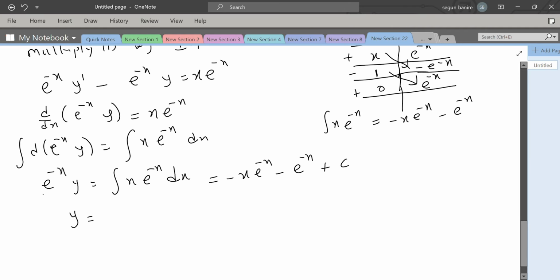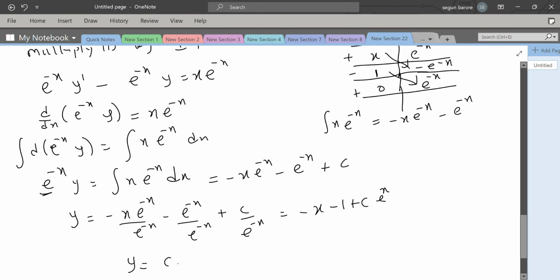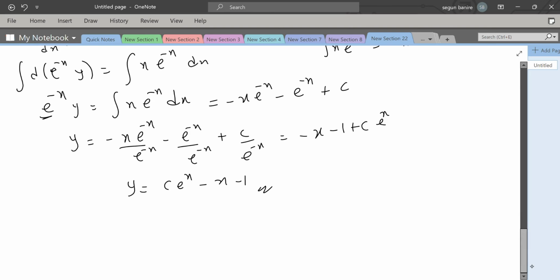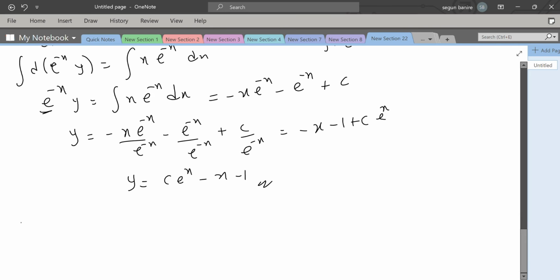So y now, if you divide by this, you have minus x e^(-x) over e^(-x), minus e^(-x) over e^(-x), plus c over e^(-x). So there are terms that could cancel. You have minus x, minus 1, and here becomes plus c e^(x), because this e^(-x), if it goes up, becomes e^(x). So that is your y. This is your y. So let's look at the last example,